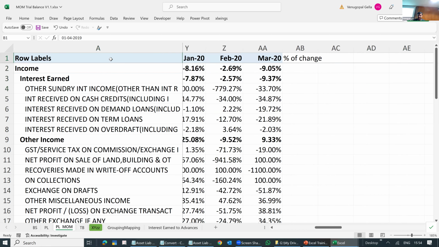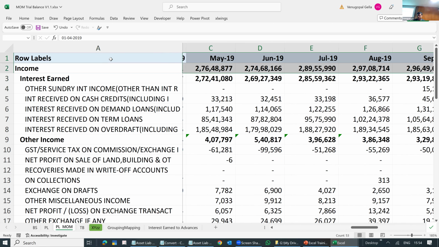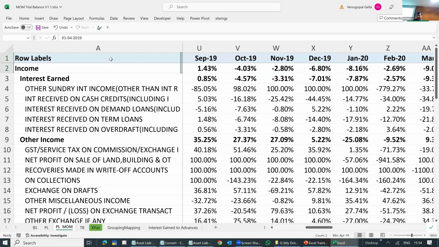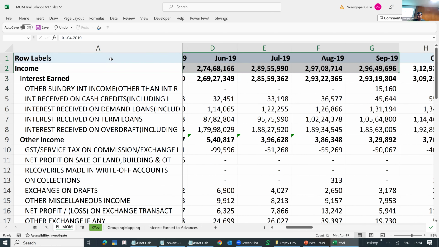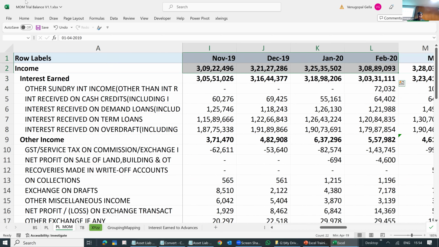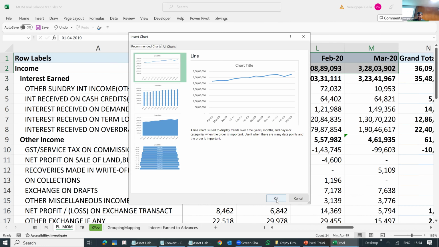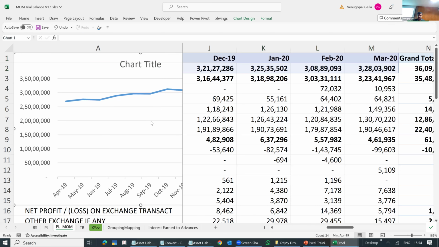For example, I will keep this graph, okay? February 20, percentage complete. Let's look at that. So I'm just inserting. You can just go to recommended charts, and I add a chart here.